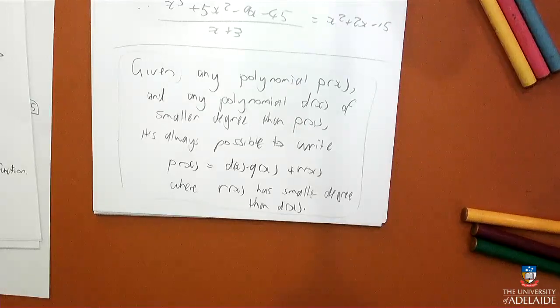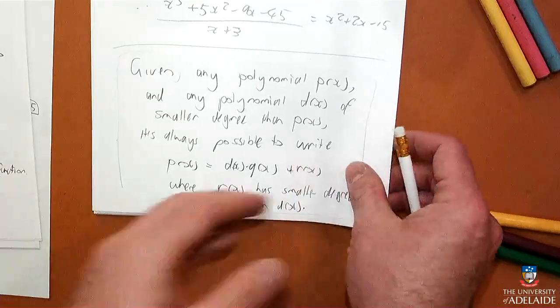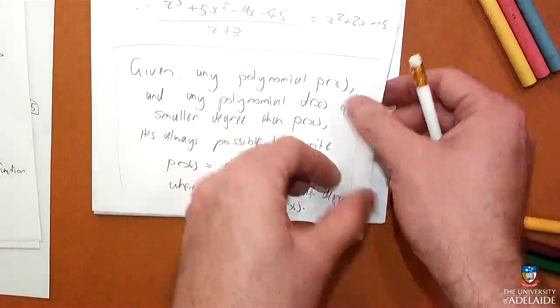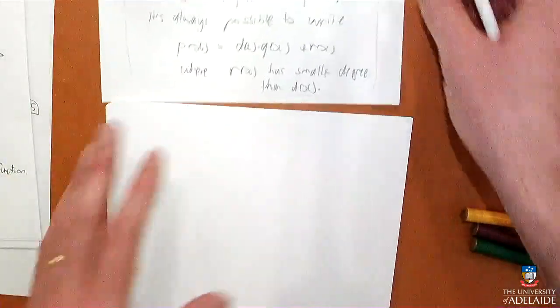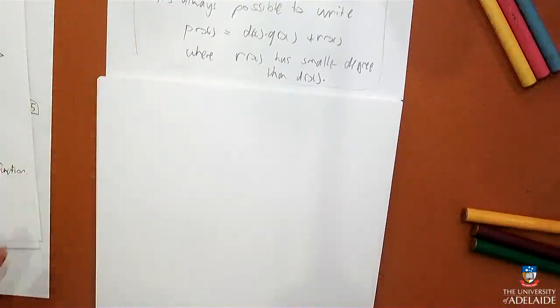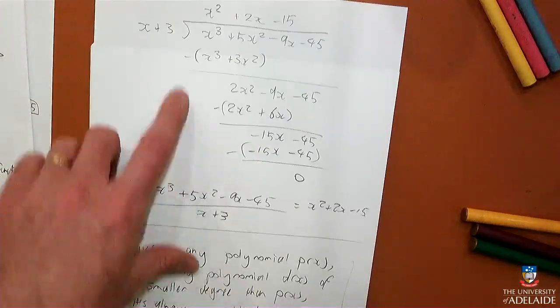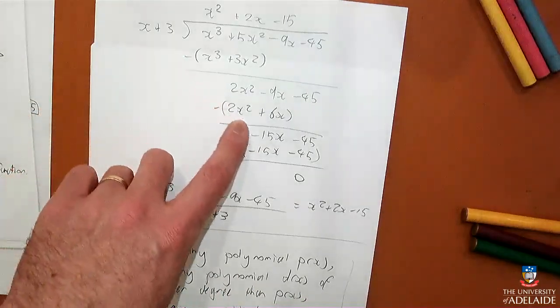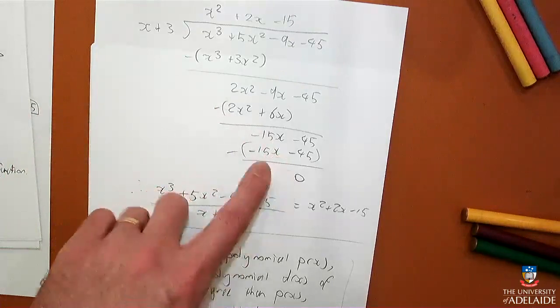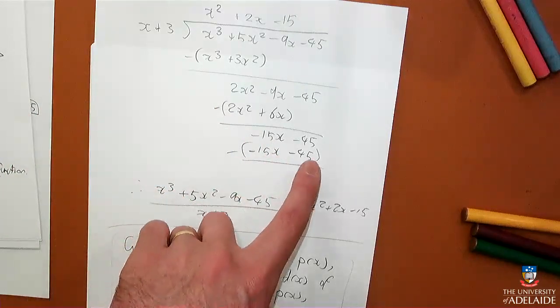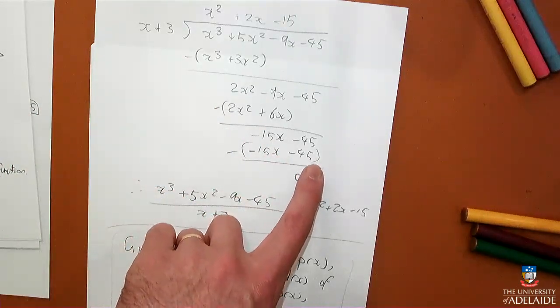Same deal, if I divide by x plus 3, the only remainders I can possibly get are plain numbers without x's in them. And it's easier to do this as an example, and it's easier to do this with polynomial division. What it turns out is that you can always keep doing this polynomial division, keep going, keep going, keep going, and at some point, it may be that you're not going to be able to divide